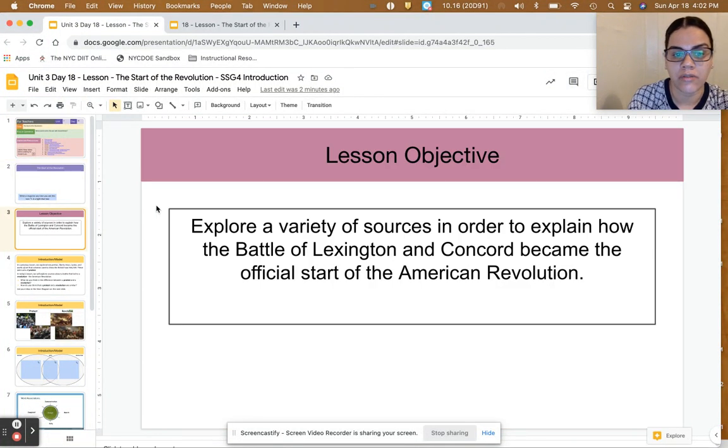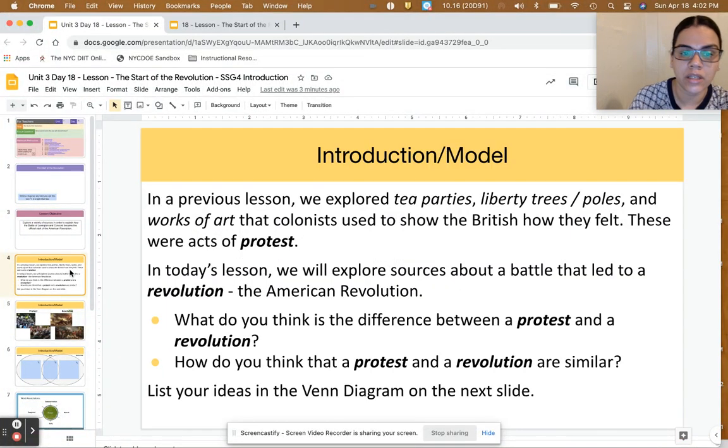Our lesson objective is to explore a variety of sources in order to explain how the Battle of Lexington and Concord became the official start of the American Revolution. Some scaffolds that you're going to see today are providing access to vocabulary and building background knowledge. Okay, so in the introduction,